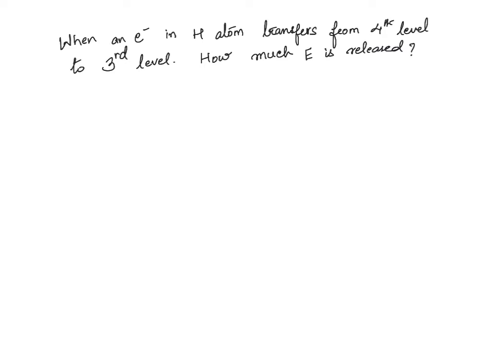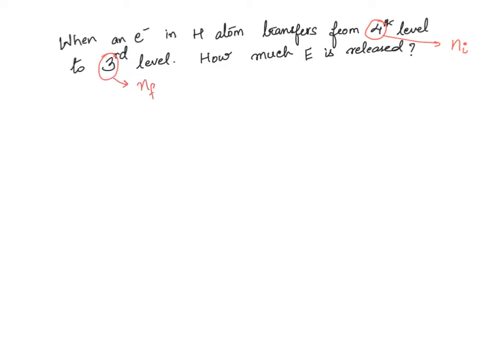Right? So then they gave you two important pieces of information. The electron is jumping from the fourth level to the third level. So this is n initial, it was initially at fourth level, and this is n final,